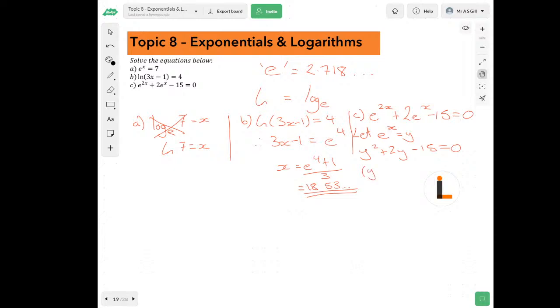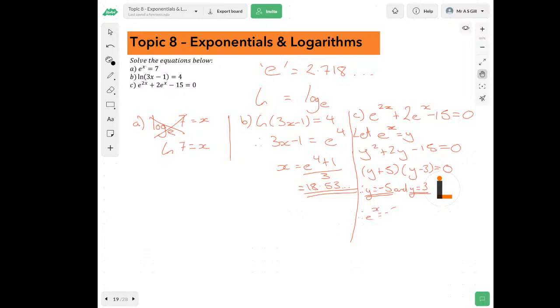And then we're going to factorize this. So we got 2 values for y. So we've got y equals minus 5 and y equals minus 3, and therefore